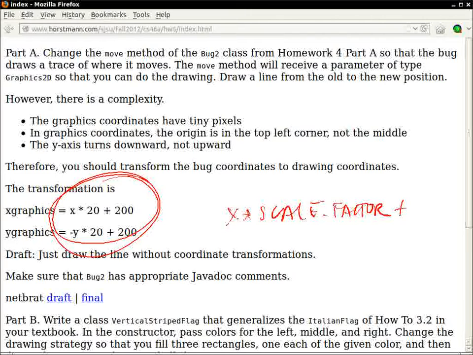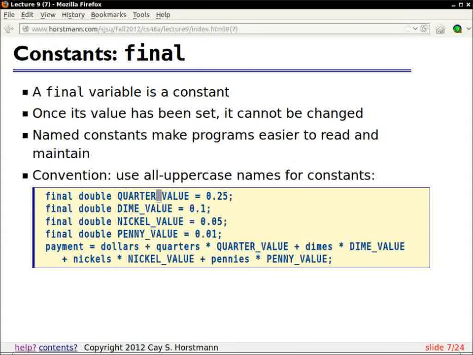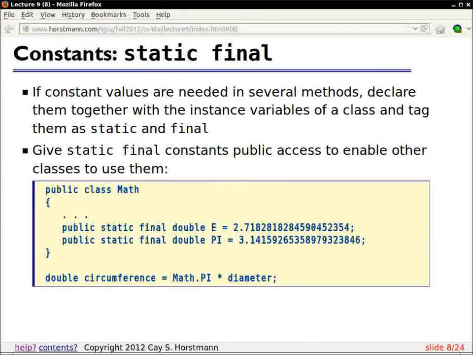plus offset. And that way, if I change my mind and I find that I want to scale it by, say, 30, then I can just change scale factor to 30, and I don't have to look at all of the 20s in my program and ask myself whether I should change those or not. So make sure that every time that you have one of these constants that you change it. If one leaves a number like this in a program, the grader will say, don't use magic numbers. So a magic number is a number that it's not entirely clear what it is that just appears in a program. And so the way to eliminate magic numbers is to use constants.